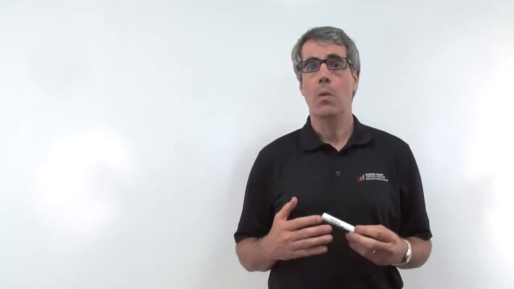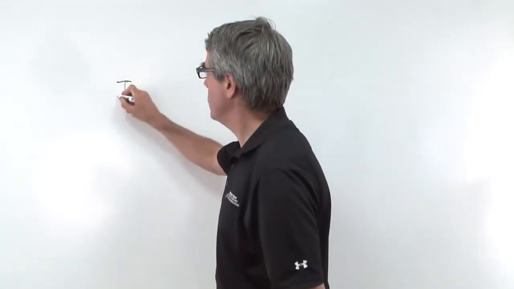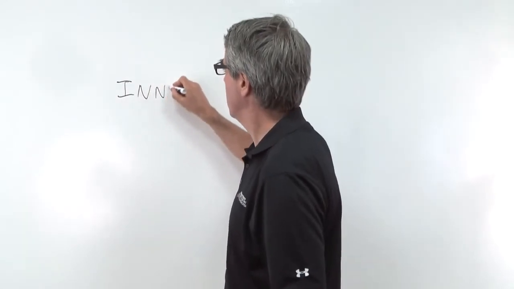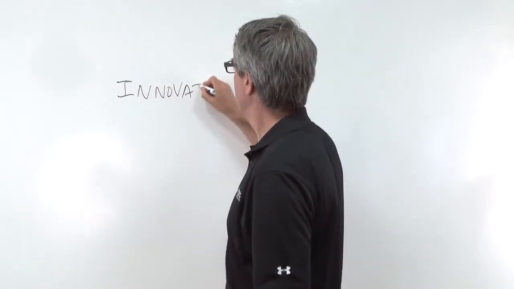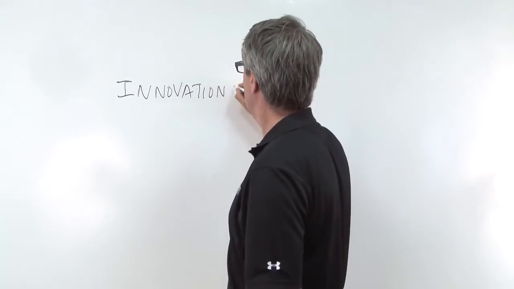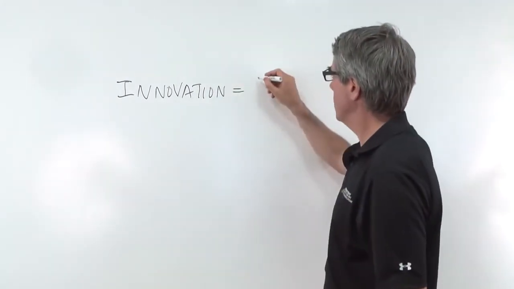At MIT, we like equations, so we like to define innovation. And this comes from one of my first classes at MIT, from Ed Roberts, the chairman of the Martin Trust Center for MIT Entrepreneurship. And he defined entrepreneurship in a way that I thought was excellent. He said, innovation equals invention,